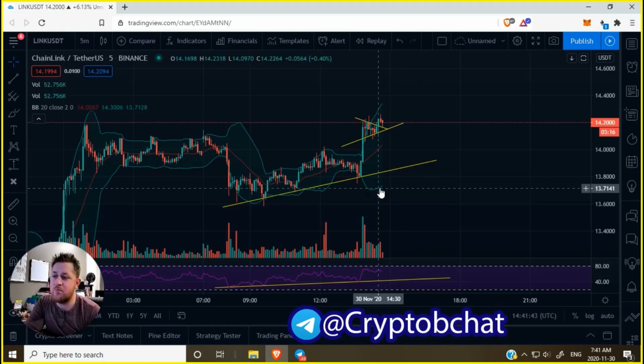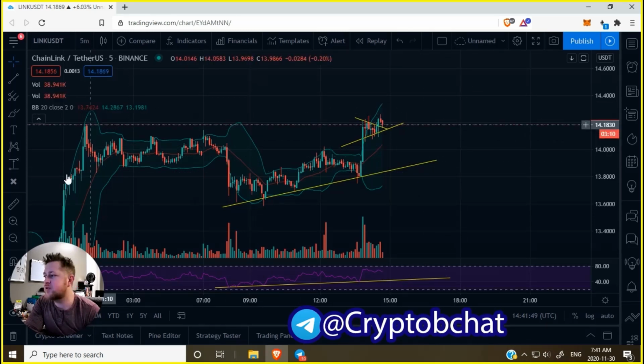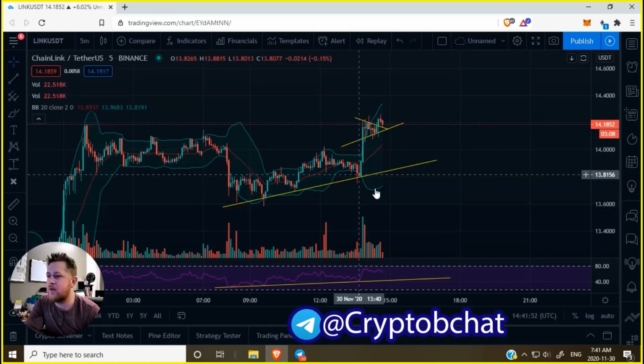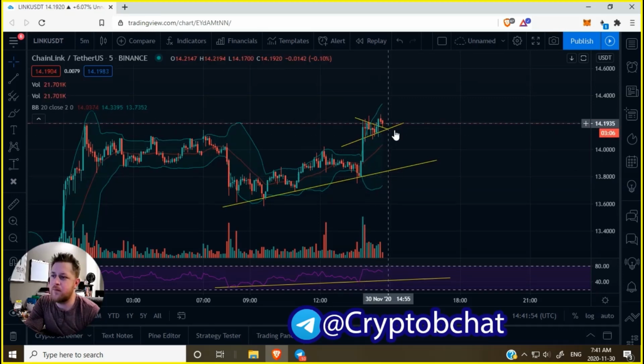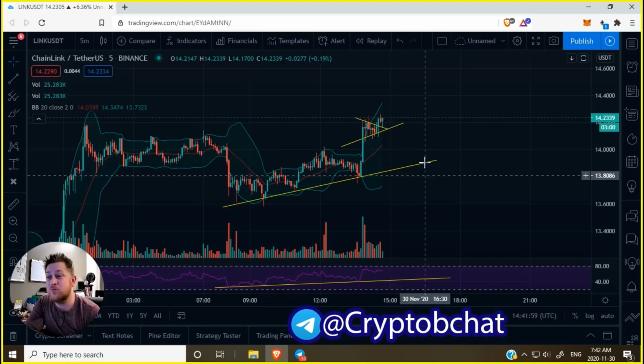Now, this bottom Bollinger Band could easily come up here and squeeze, but chances are when you have a big opening like this, it's going to come a little bit down. Probably just retest this trend line. Let's hope so, but it could very well retest this one down here, guys, at 1389. So this is